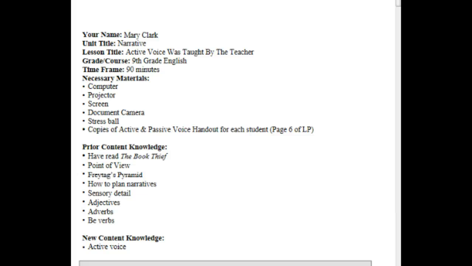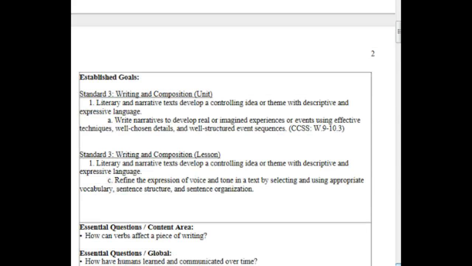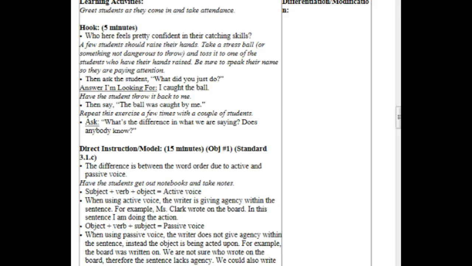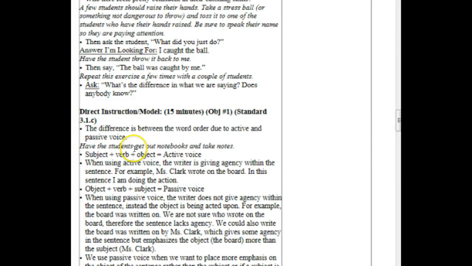So here's your third lesson plan. In this one, you're still having them continue to write, but you're doing active, passive, and some more grammar stuff in there. Bear with me while I scroll. Okay. All right, so obviously you have them experience before you label, and you talk about the difference between word order. In this, when I scrolled down and looked at your handout too,